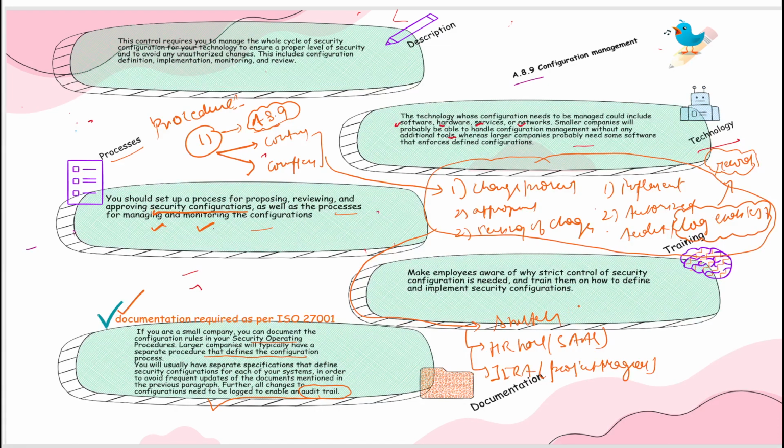So what I'm trying to say is that, based on the requirement and the complexity and the type of data this application or system contains, whether a switch, an HR application, Jira or your routers, you may have a separate configuration document